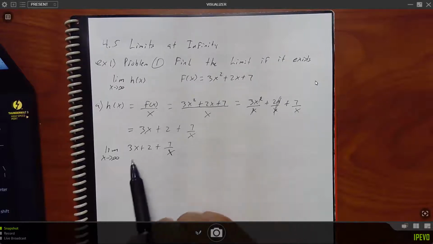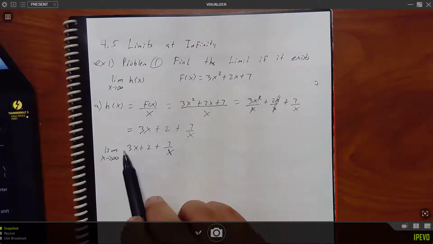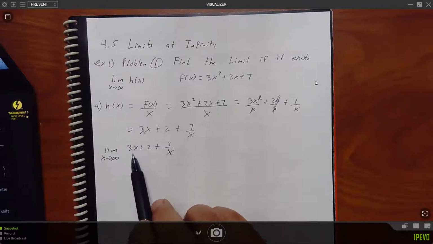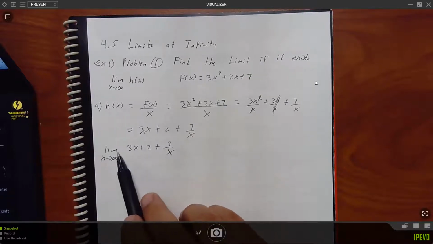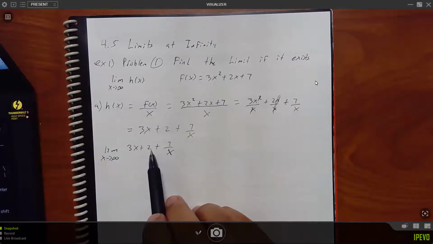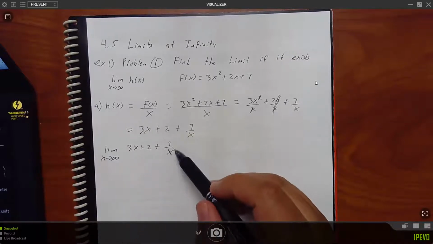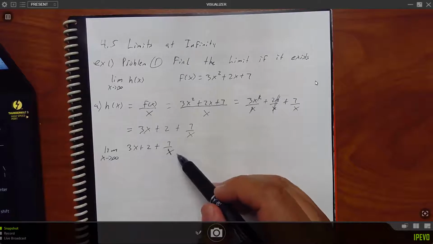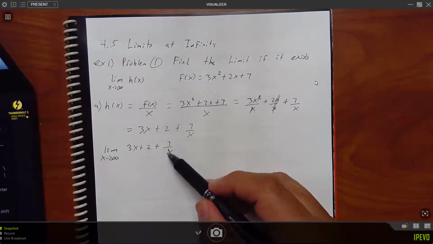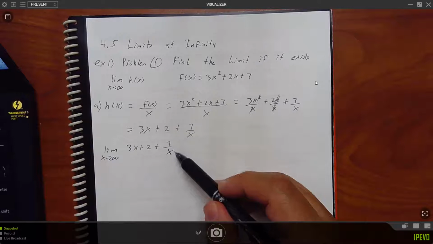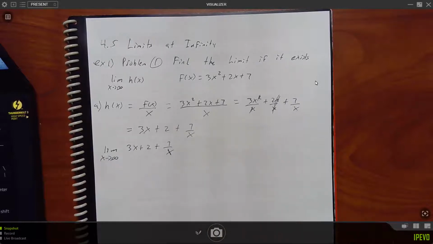So as x goes to infinity, this just gets infinitely large. This is just plus 2, so it'll be infinity plus 2, which is still infinite. But this guy will get infinitely small. Do you see why? Because the larger the fraction, the smaller the number. Yeah, because the bigger that x, the